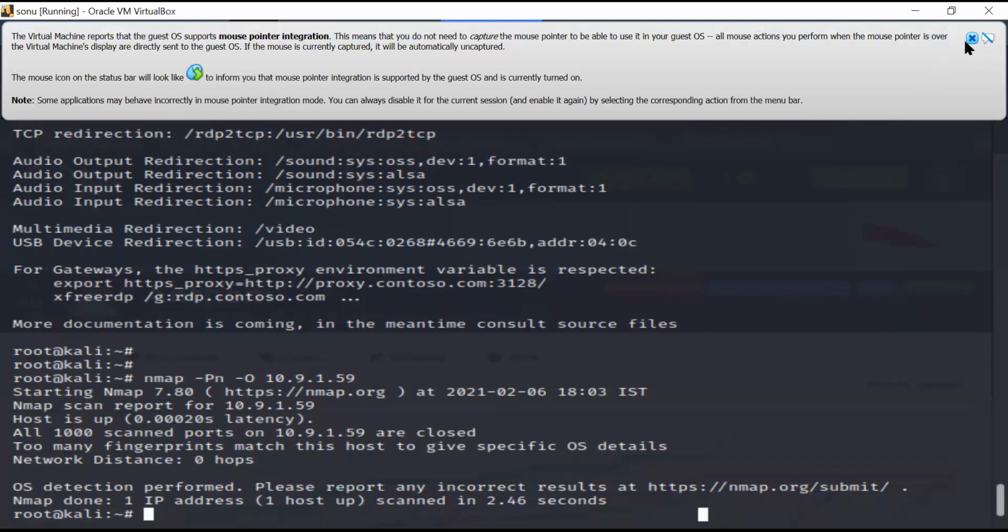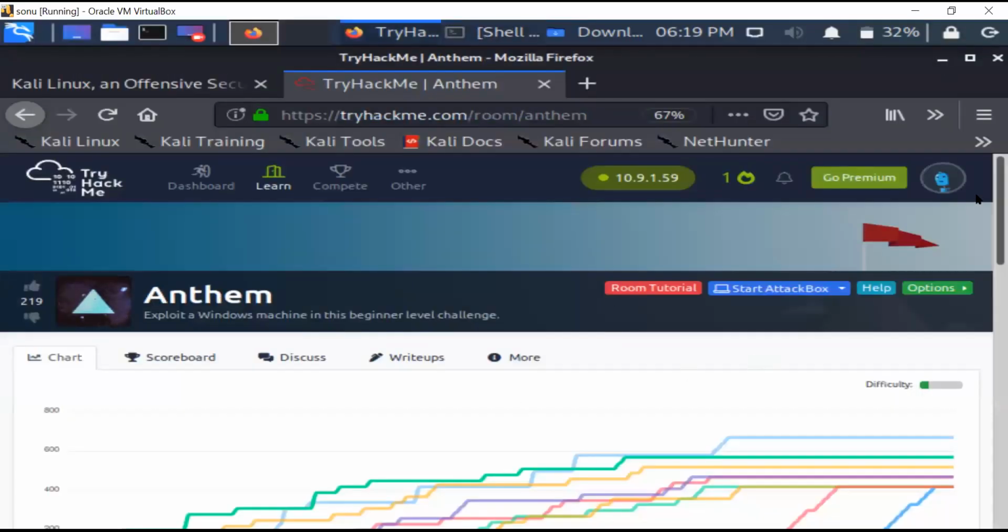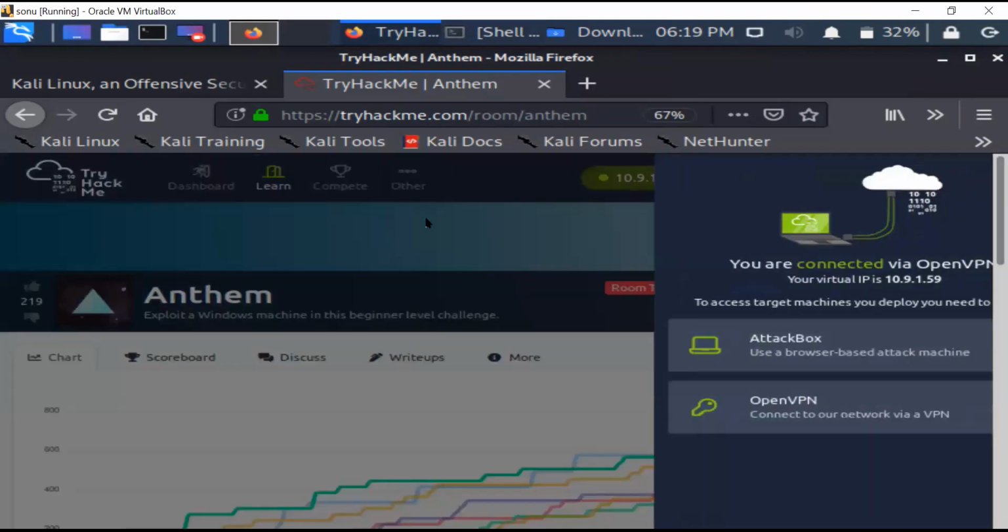And have you made sure that this is the correct IP? You are scanning your own IP on that network. That's your IP.